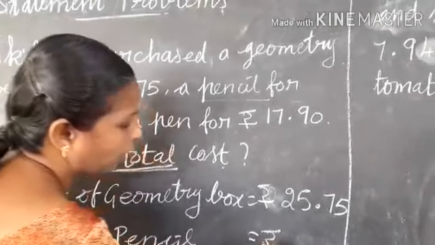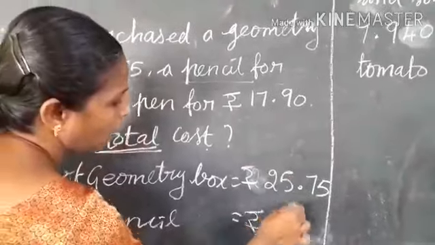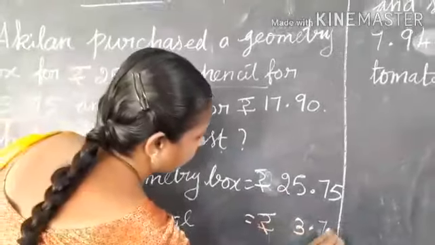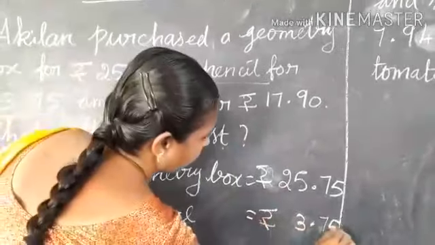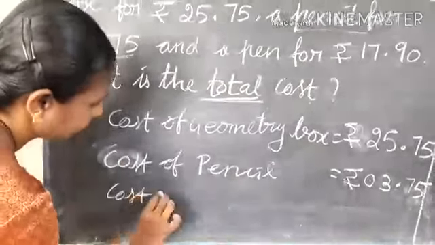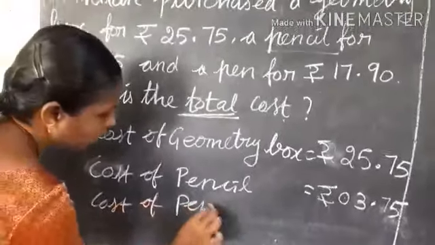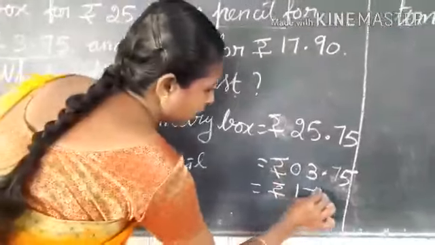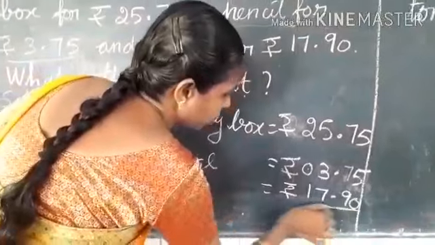Rupees 3. Where we have to write 3 below of one's place, 3.75. So immediately we can put 0 in the tens place. Next, cost of pen. Cost of pen is equal to rupees 17.90. So total cost